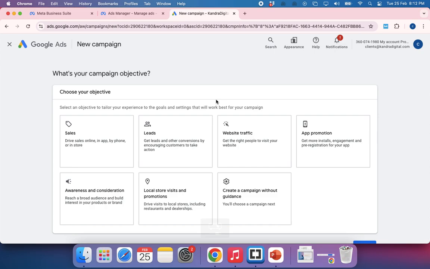So the problem with this is now when you mention 500 rupees, Google says 500 is way lower, people are spending somewhere around 2000 rupees per lead or 1500 rupees per lead, and they will make you change it to 1500 rupees per lead, right? Now if you had gone with website traffic, ideally you would have just paid based on the